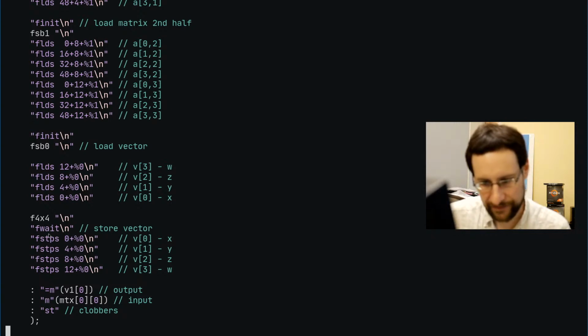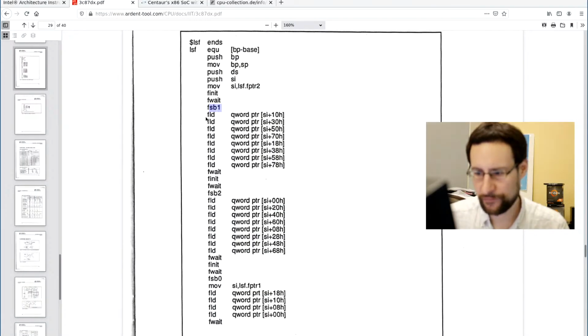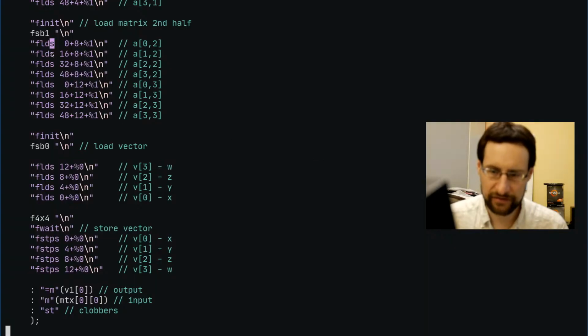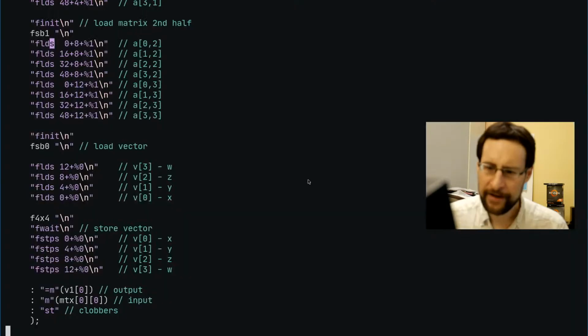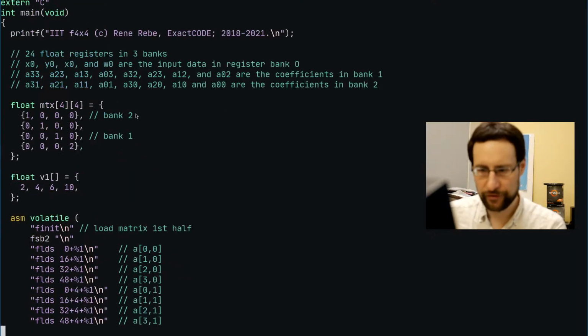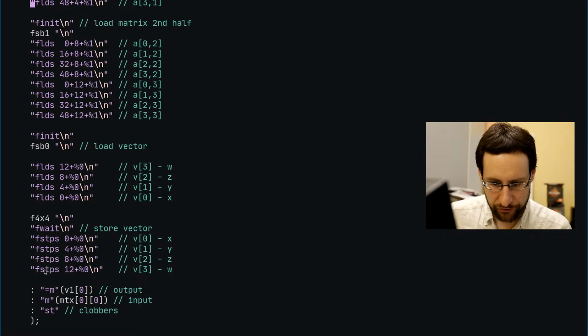Probably I should actually check whether this is really necessary. But then this loads a floating point load short, meaning 32-bit. Their example, first of all, this is Intel notation, this is AT&T notation, and this needs an explicit, what was it even, ZFLD, or what was the other? Anyway, I'm loading here for memory efficiency just 32-bit floats, not 64-bit double floats, and storing them again. So loading this vector, storing this vector,